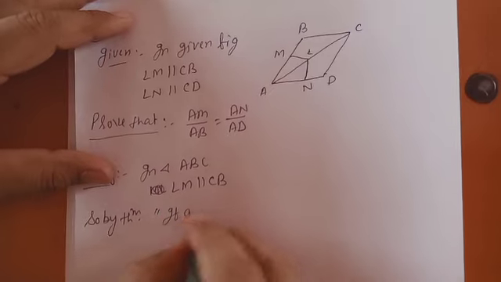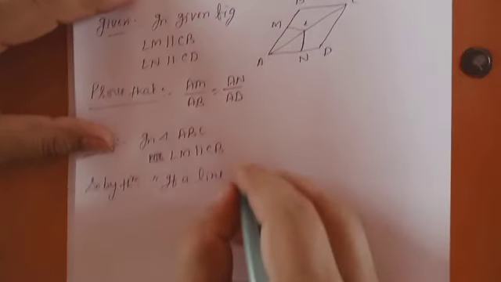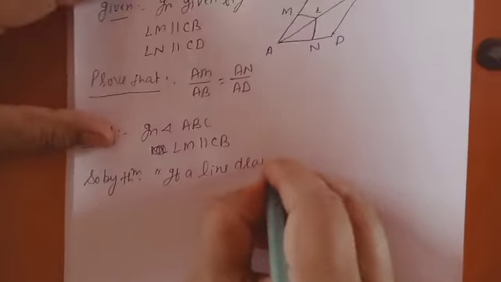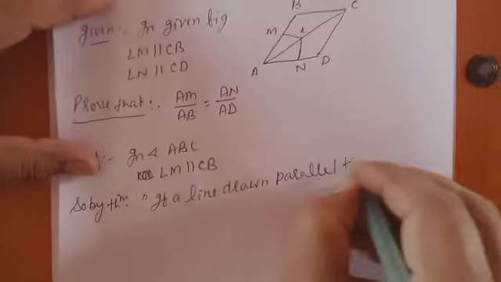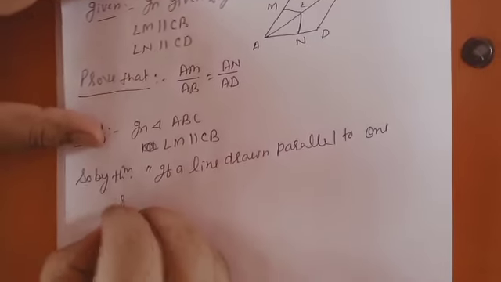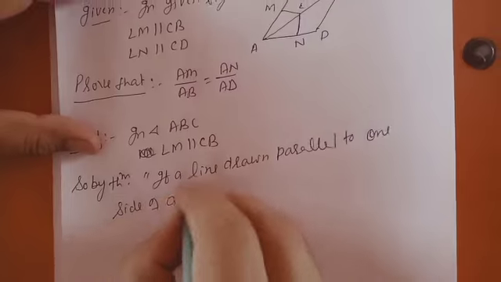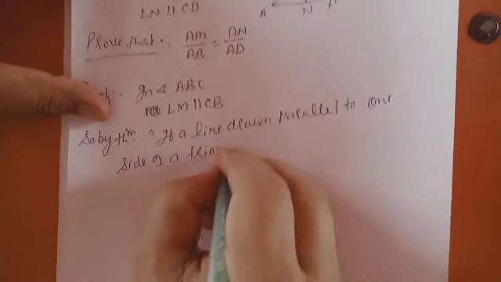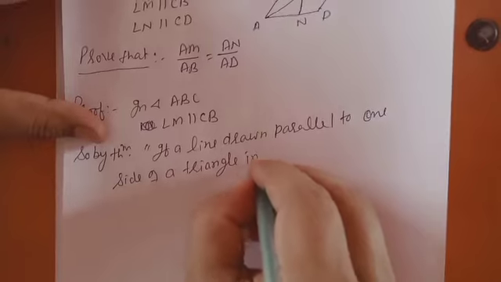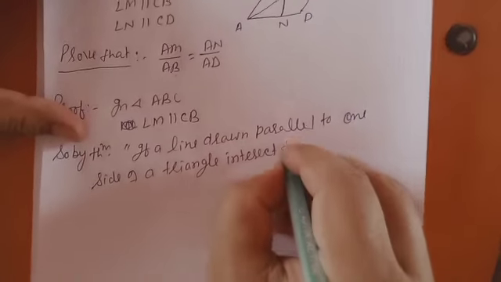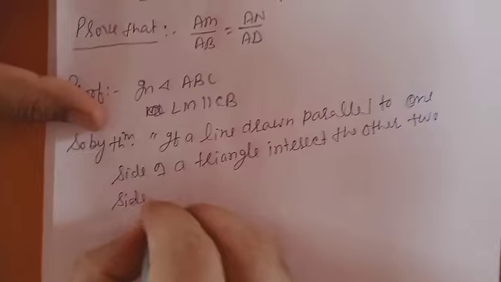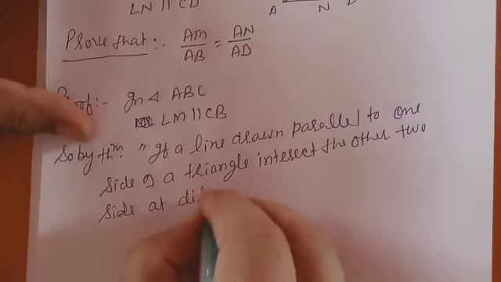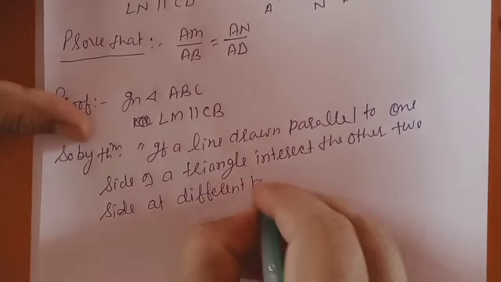If a line is drawn parallel to one side of a triangle to intersect the other two sides at different points,